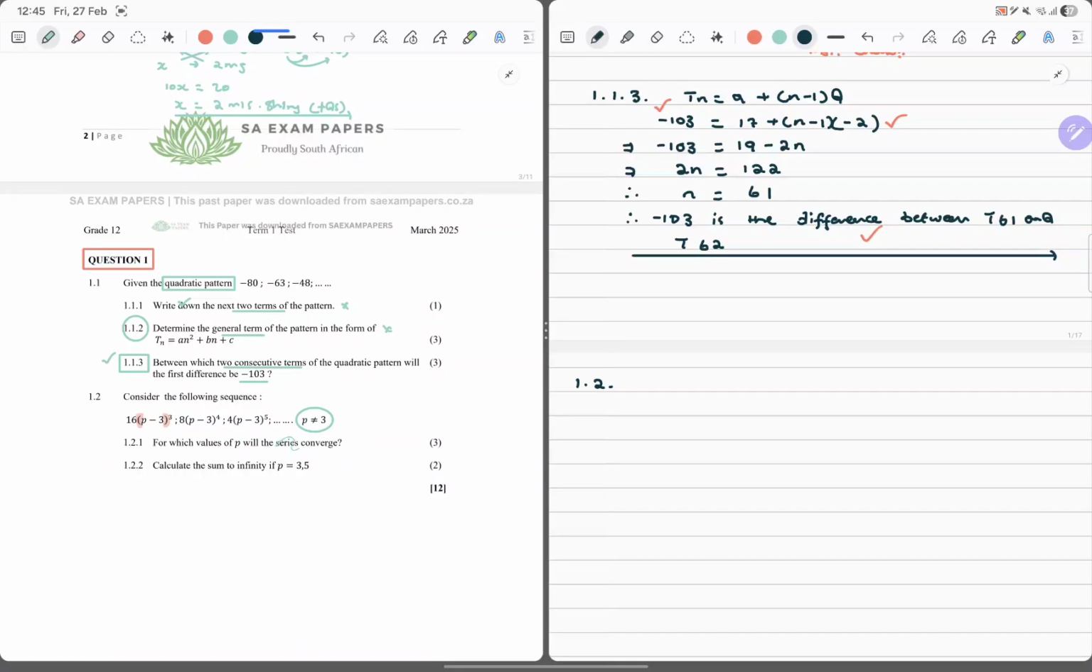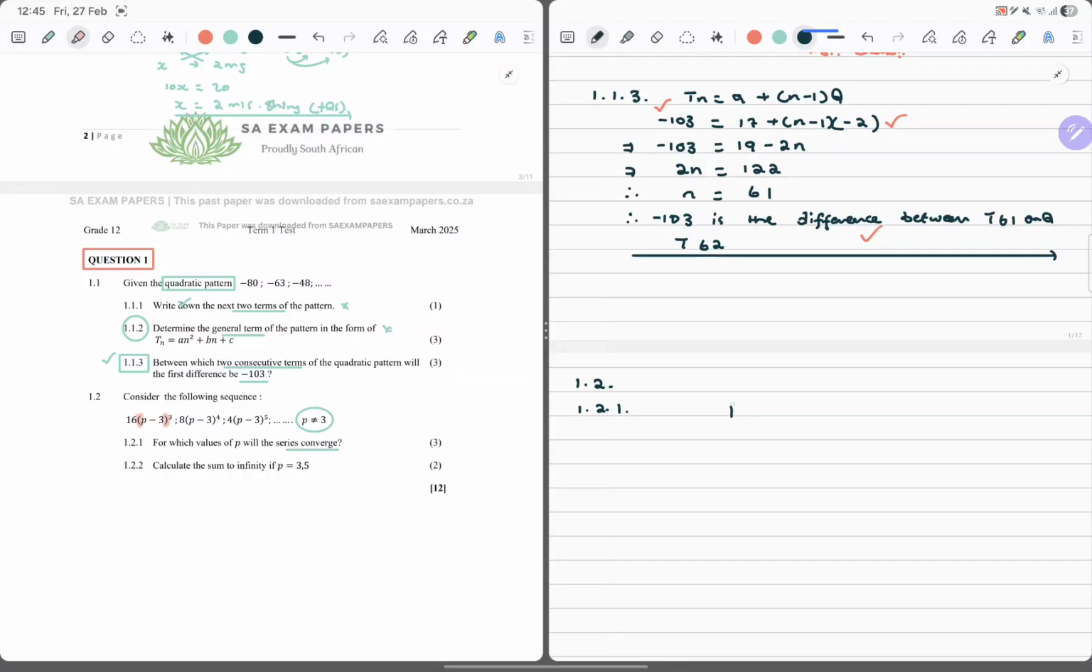It says for which values of P will the series converge? Again, seeing exponents or ordinals in the sequence is already suggestive that we might be dealing with a geometric sequence. Now, only a geometric sequence can converge, okay, not an arithmetic. So we know that, okay, this must be geometric, and if it is geometric, we need the common ratio. Alright, so we know that, folks,